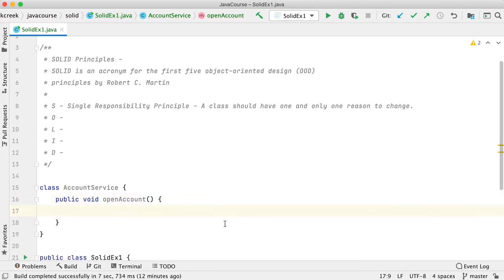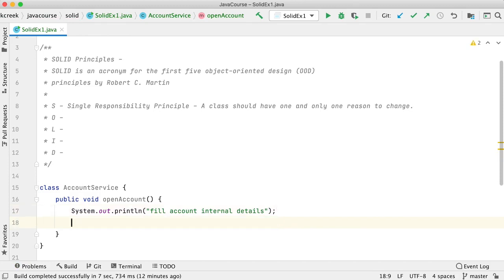Now, what might you do when you open an account? Println, fill account details, internal details. Maybe you will give name and balance and other stuff, but there may be something like account opening date and all the other stuff, right? So let's say we are going to fill those internal details, and then store the account object in the database.